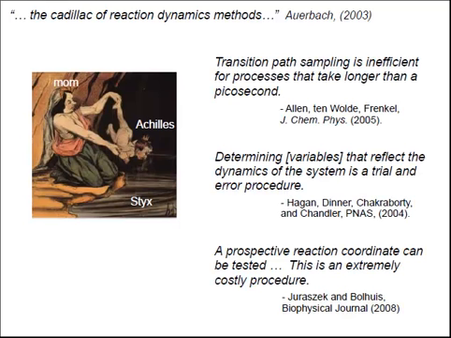But over time, in the applications, people started to realize that there were some limitations that were just practical computational efficiency issues for the most part, but still they were pretty severe, right? So Don Frankel pointed out that transition path sampling becomes inefficient when a process takes longer than a picosecond to cross from the top of the barrier down back to the reactant or product state. So when that transition path time becomes long, that's exactly when we need a method like transition path sampling. And what Frankel has effectively noted here is that transition path sampling sort of stopped working exactly in that range where we needed it as an alternative to things like nudged elastic band.